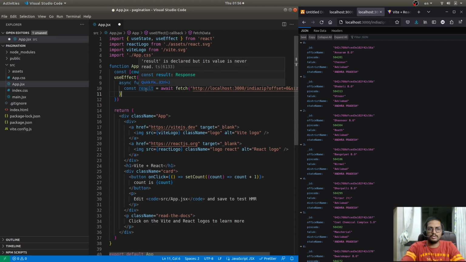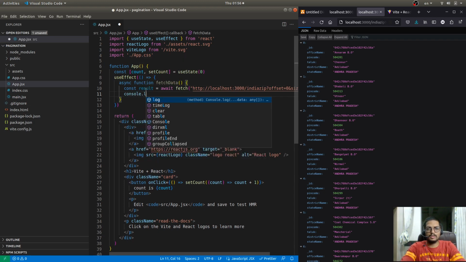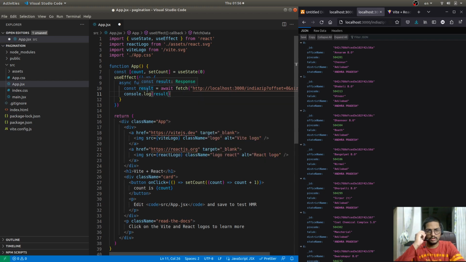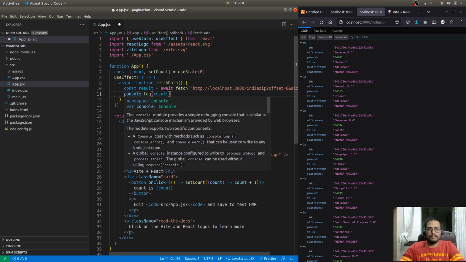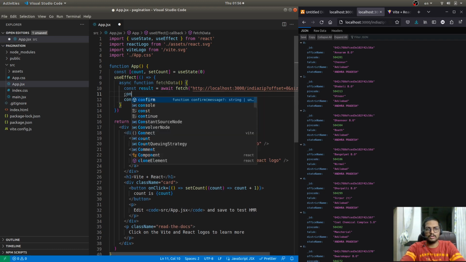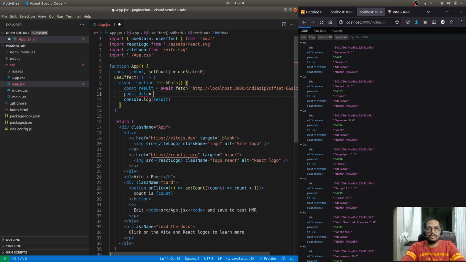And just for our understanding, let's log the result, see what we get. Mostly we'll have to parse it, right, in JSON. So let's call it data is equal to await result.json(), and then we can console log the data,